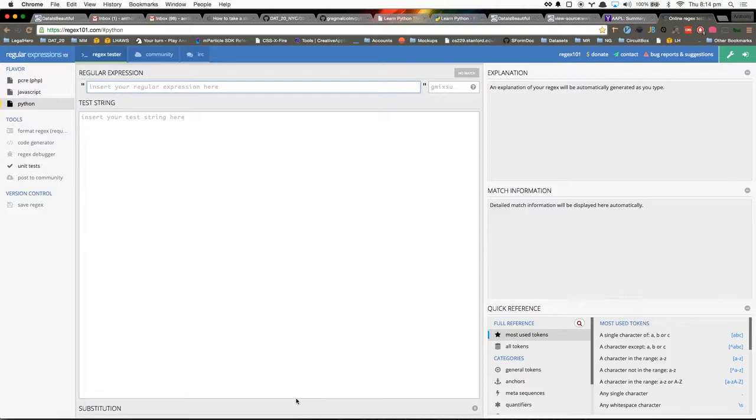And let's say if we want to find a particular pattern within a string, we define a pattern to be matched within the string. This is what we call a regular expression.